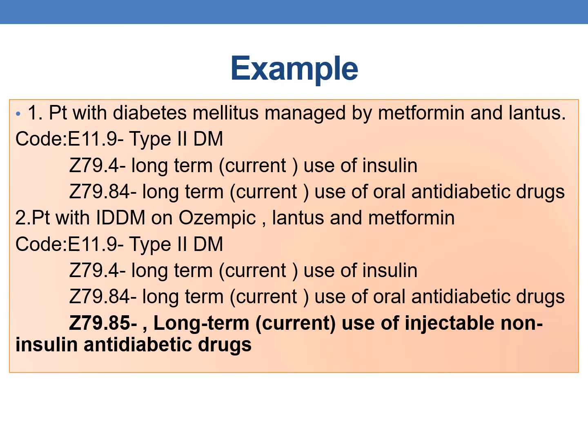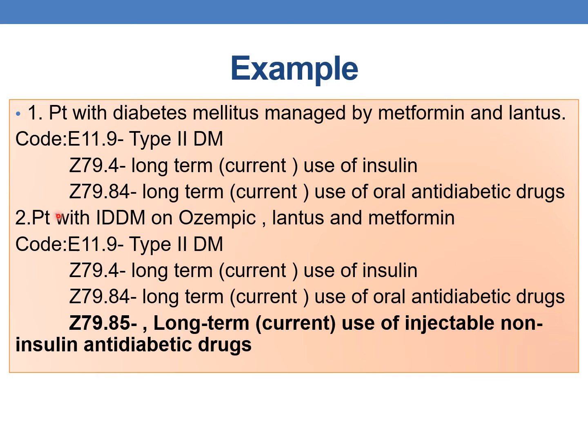Patient with diabetes mellitus managed by metformin and Lantus. Here metformin is an oral anti-diabetic drug, whereas Lantus is a brand of insulin. So here the type of diabetes mellitus is not documented and it is indicated that the patient is using insulin. So by default you need to use type 2 diabetes mellitus. The appropriate codes are E11.9, which is nothing but type 2 diabetes mellitus without complications, followed by Z79.4, which is indicated for long-term current use of insulin. This is given for Lantus,